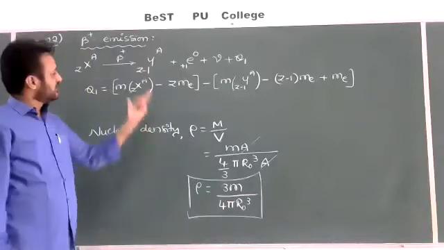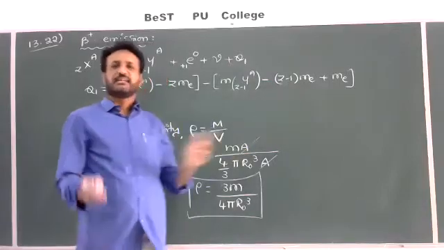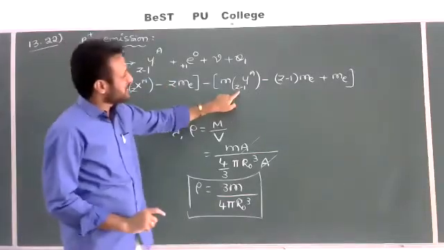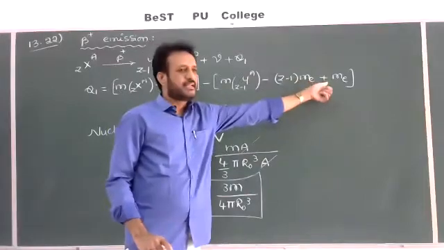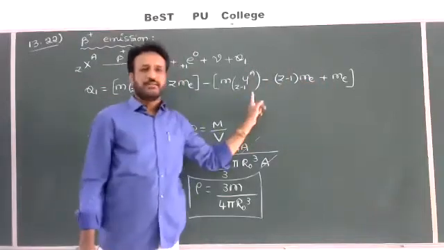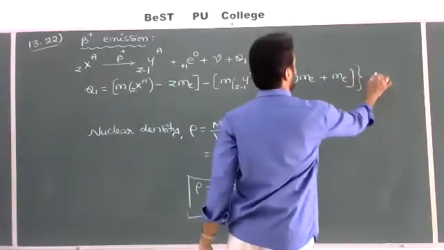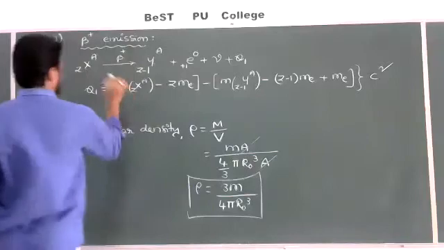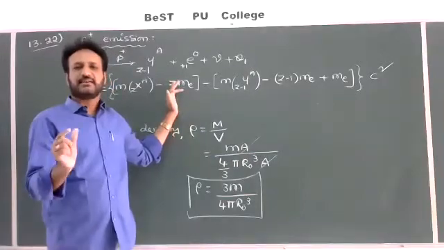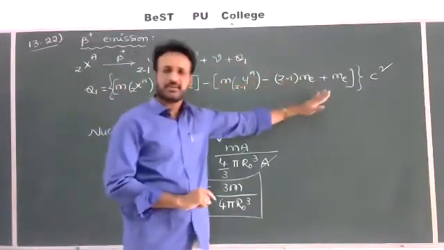Understand carefully. This part is the mass of the reactants and this part is the mass of the products. To get atomic masses, I subtract Z electrons from the reactant atom and Z minus 1 electrons from the product atom. But this Me is a product, that's why the mass of Y and the mass of e are both added. The neutrino has no mass, so there is no need to write it. Into c squared, this total part is delta M. According to Einstein's mass-energy equation, E equals delta M into c squared, where delta M is the mass of the reactants minus the mass of the products.